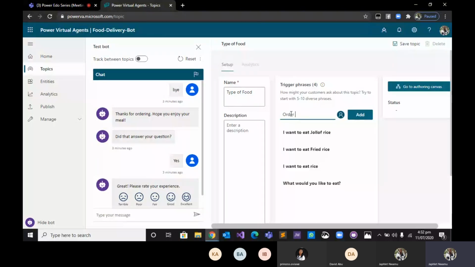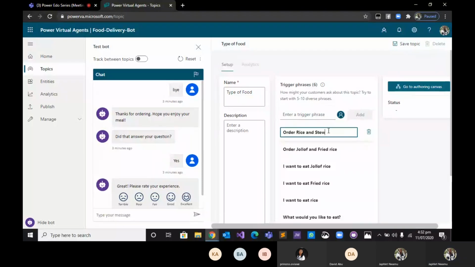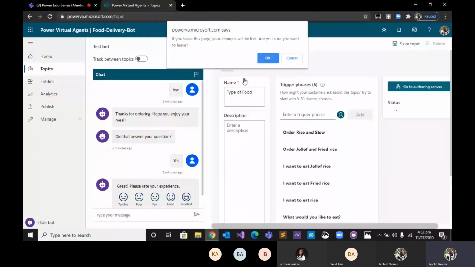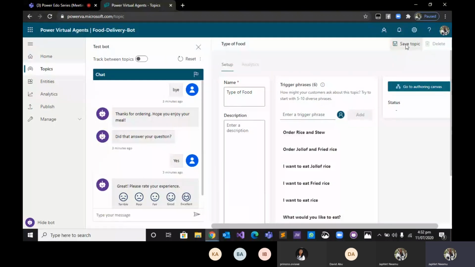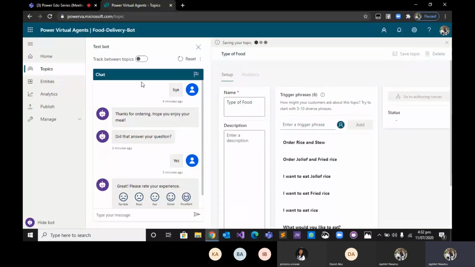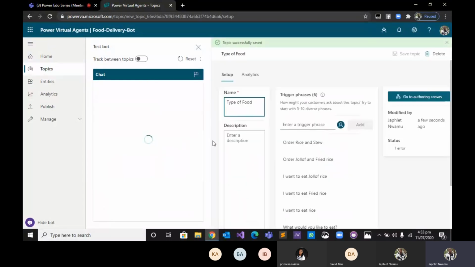Order jollof, fried rice. Order rice and stew. Okay, so I think we're okay with this. This is what we need to do. We'll go over to save this topic.